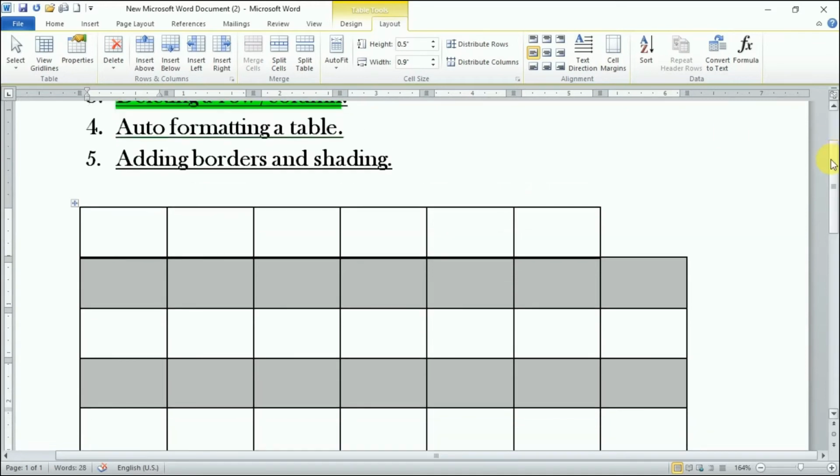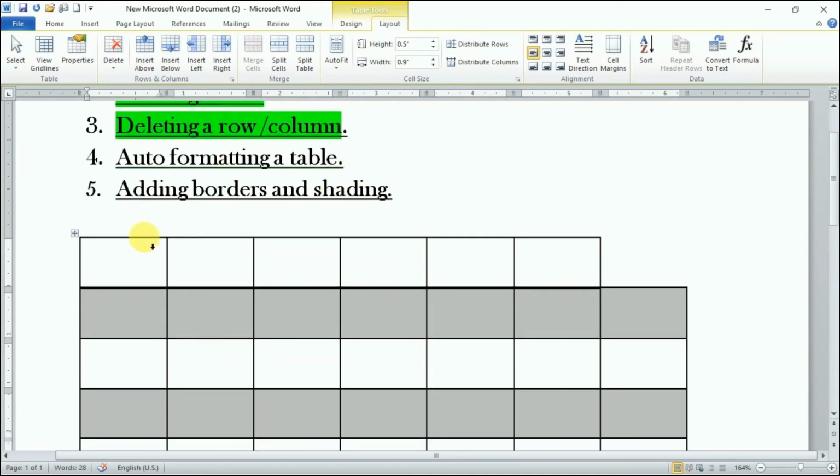Now the third topic was deleting a row or column, right? For deleting the row or column, we will again select the cell, right? Now I'll come here, delete option, and here the second option is delete columns, and then delete rows. So if I choose the column, the entire column vertically will be deleted, or row, then this second row will be deleted, right?